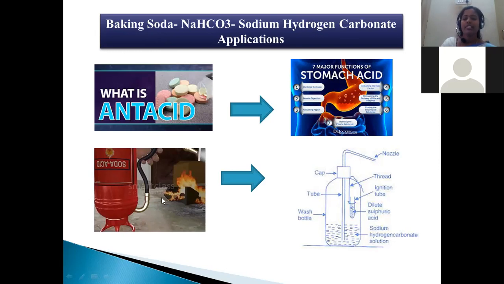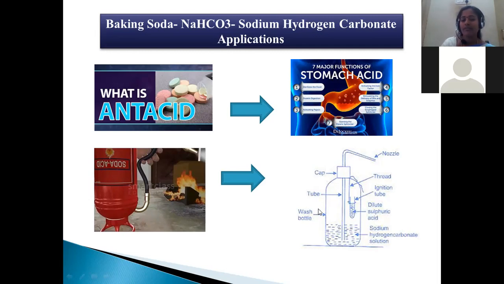And next is about the fire extinguisher. Everybody knows that whenever fire is present, carbon dioxide has the ability to stop it, to retard the flame, right? Oxygen is used to illuminate the flame, whereas carbon dioxide has the tendency to retard that, right? That's the reason why soda acid can be used. Soda acid combination: soda stands for baking soda, acid stands for sulfuric acid, right? So this fire extinguisher can be composed of this soda acid.